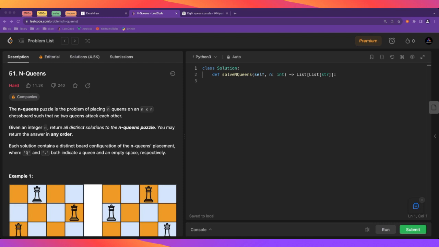I'm going to be solving today the famous N Queens puzzle. The 8 queens puzzle, but also for other sizes, for other numbers of queens. This is a classic of classics, and as you might see from the